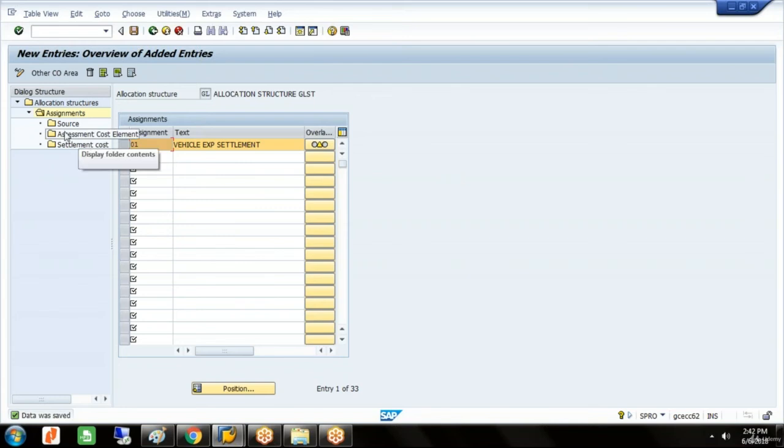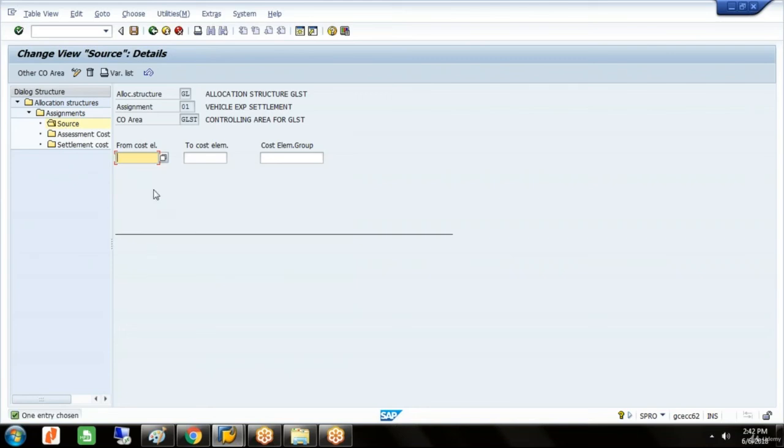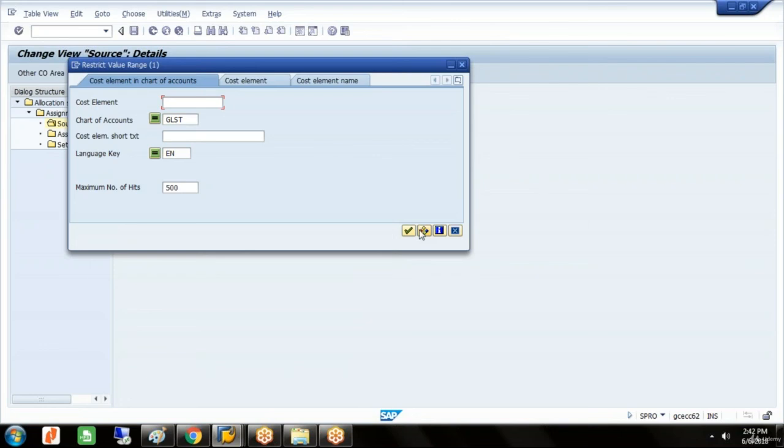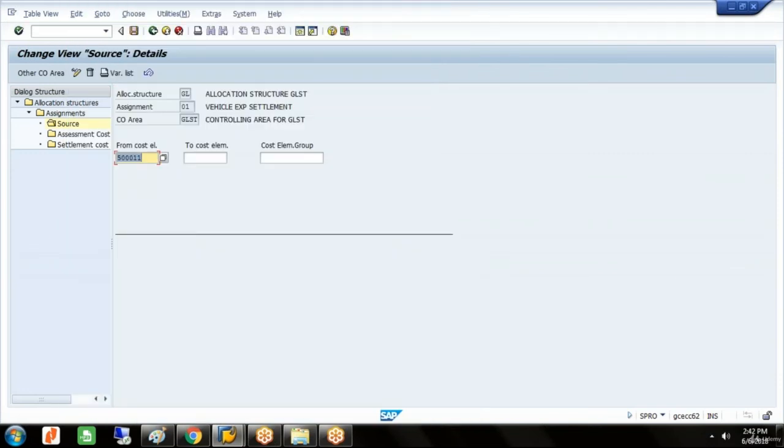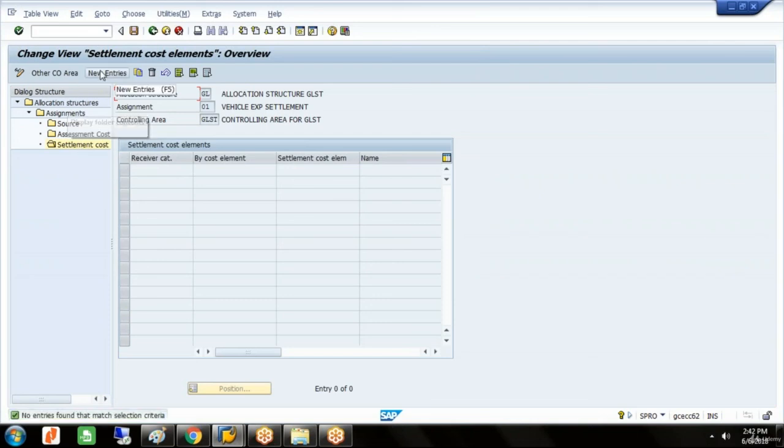Select this assignment and double click on this source folder. So which is the cost element from where this vehicle expenses are incurred? From petrol expenses. And how are we trying to settle it? We'll come to settlement cost element. Click